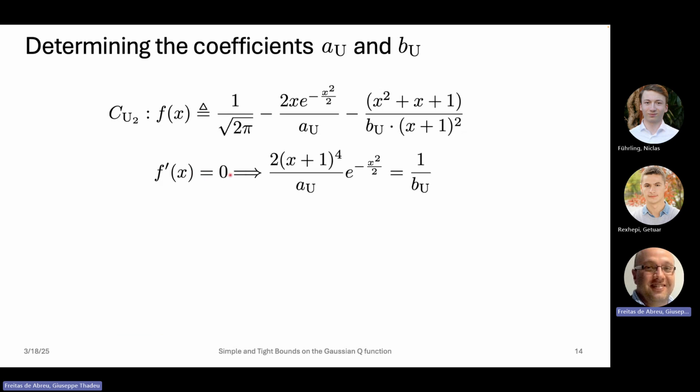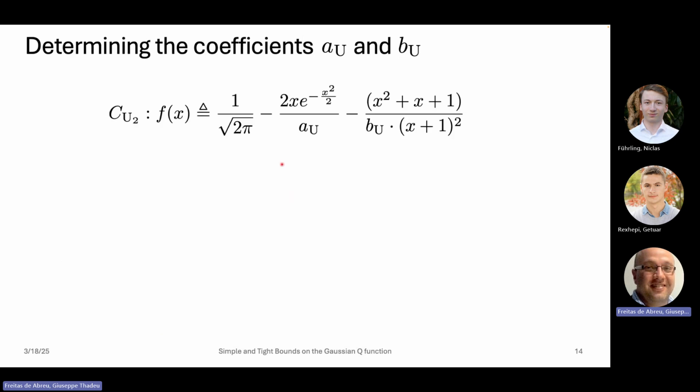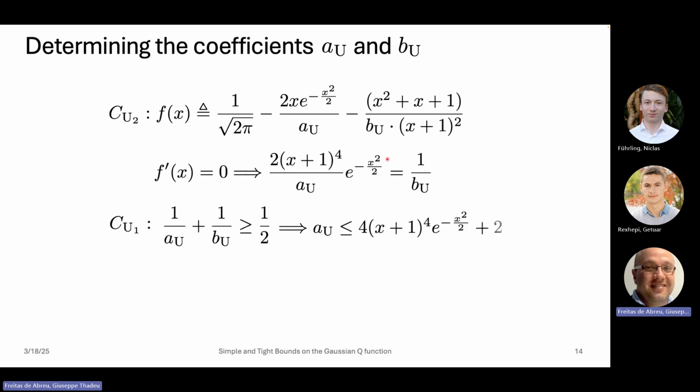Take the derivative and equate to zero, so you find the inflection points here, right? And you want to stay below that point, for any value of AU that you pick. Now, when you do that, it turns out that you obtain a very simple expression that bounds the upper value of AU. And now, when you use this together with the first condition,